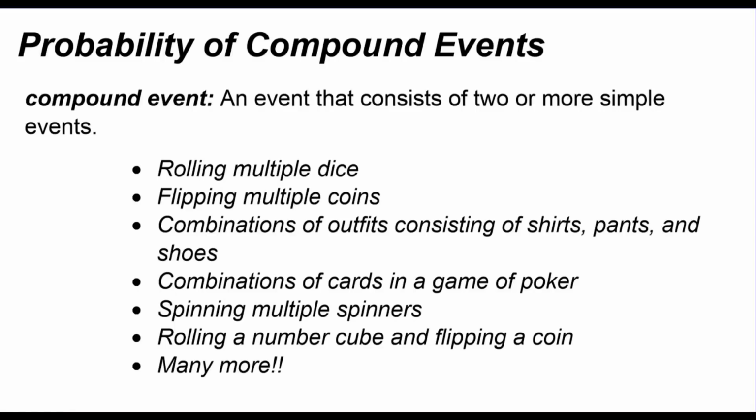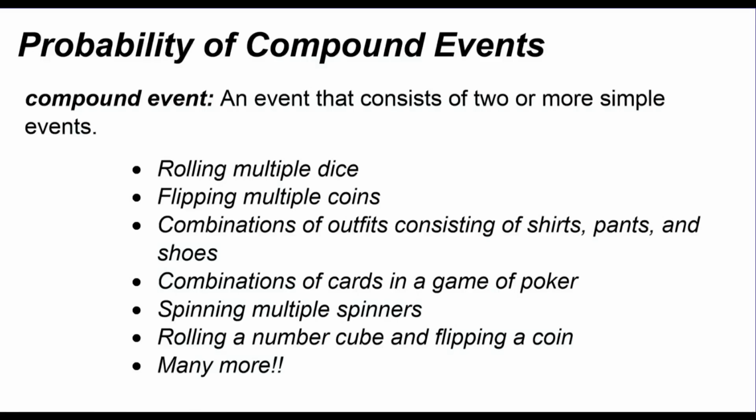In this video, we're going to be talking about how to find the probability of compound events. Now, compound events are events that consist of two or more simple events. So up until this point, we've only talked about simple events. So examples of compound events would be if you roll multiple dice or flip multiple coins, or if you're trying